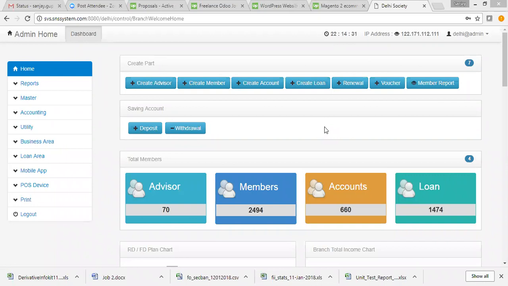I'm going to explain one of the most important parts of a cooperative society, that is known as deposit schemes or plan management. Any cooperative society, when they start online using cooperative society software for managing their small banks, they need to create deposit schemes